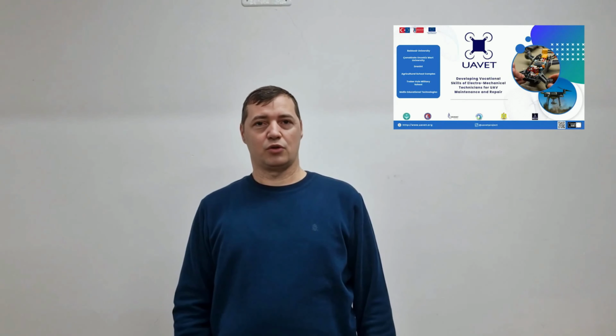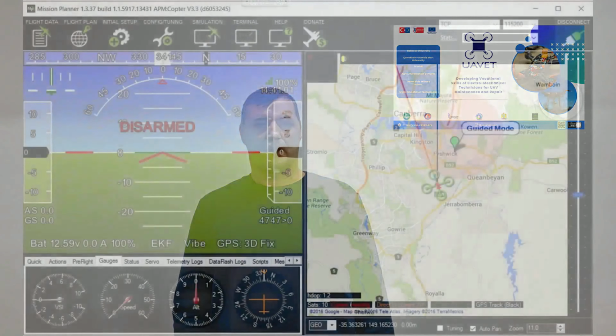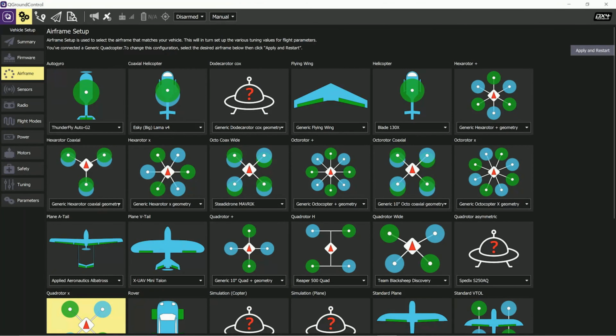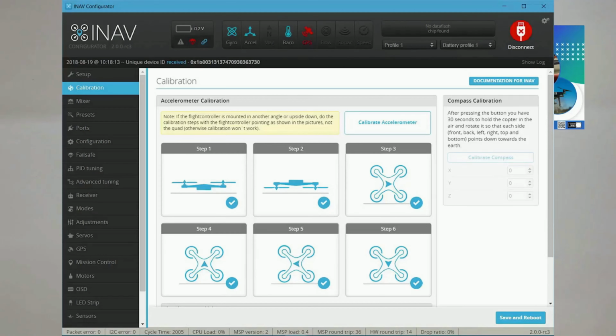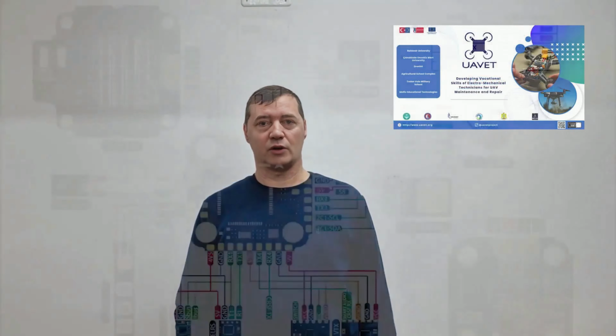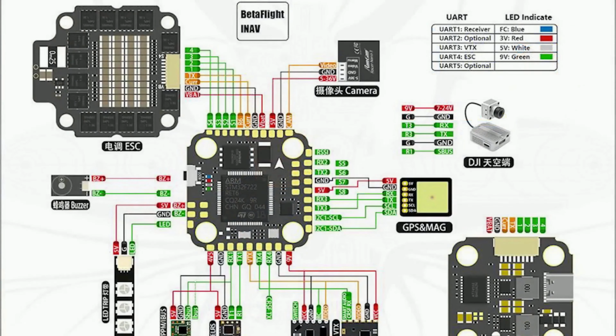Software used in UAVs are ArduPilot, PX4, Betaflight, iNav. In conclusion, a flight controller is a complex system integrating sensors, processors, and communication modules to enable stable